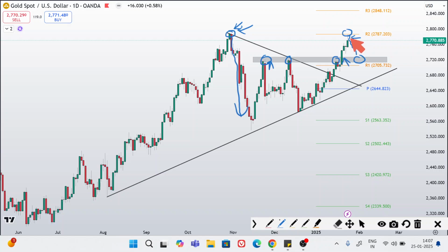So if we see another red candle close below this, then that means price can make a pullback toward this area, which is now going to act as support. So this area is a major support, and we can reload our buying at this area. As I am expecting a pullback, this does not mean that we have to look for the sell. We have to wait for price to test this area, and on confirmation we can look for the buying